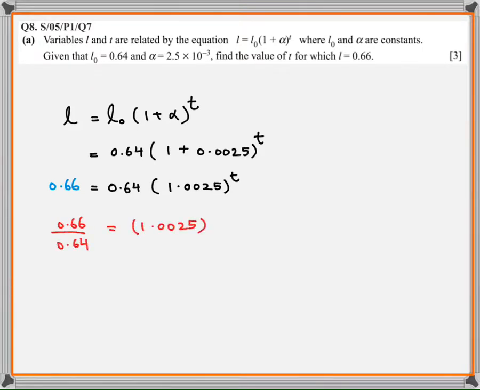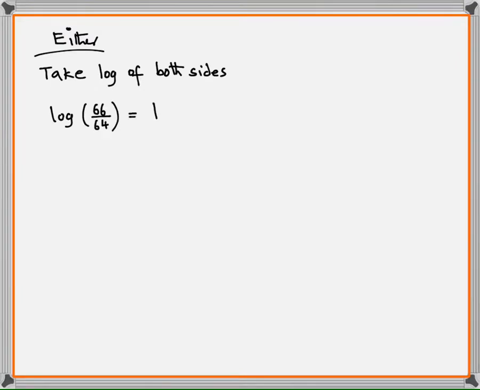Logs again. Find the value of T. First simplify, then take log. Remember this rule. Therefore, ln of the bracket on the left is equal to ln of the bracket on the right. You can either take ln or you can take lg. Now, this particular question I have done using both, so that you are not afraid when to use ln and when to use lg. When the base is 10, it's preferable, not necessary, to use lg. When the base is e, it's preferable, not necessary, to use ln. For any other base, it doesn't make a difference whatsoever.